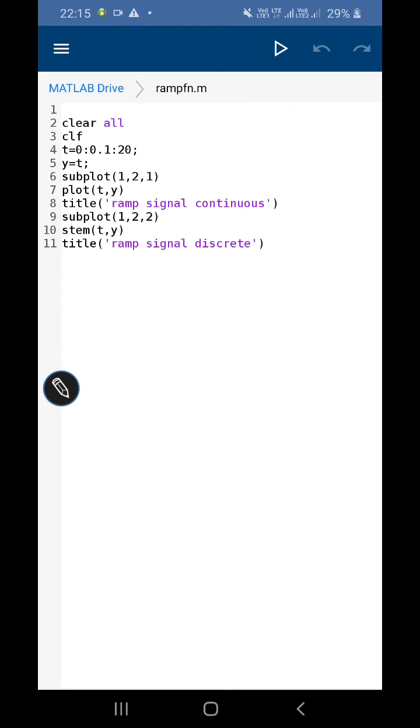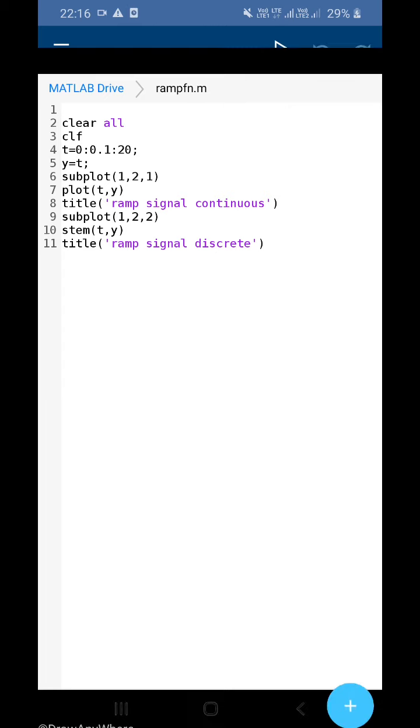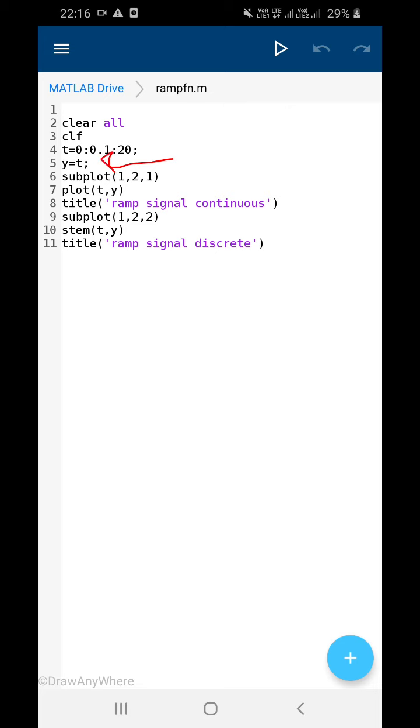So the fourth line is t is equal to 0 to 20 in the steps of 0.1. So we have taken an array from 0 to 20. So your x-axis, you can call it as x is equal to 0 to 20 in the steps of 0.1, or you can give it any name. Okay, so t is equal to 0 to 20 in the steps of 0.1. Okay, then my actual function, which is ramp signal, can be represented as y is equal to t.